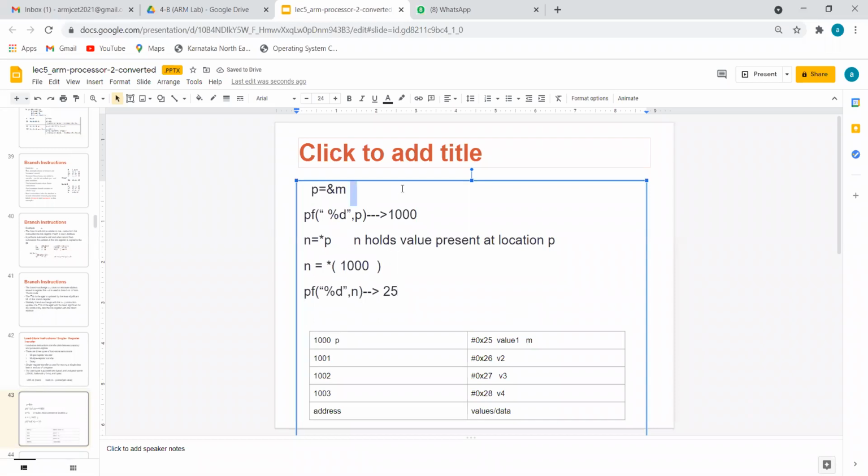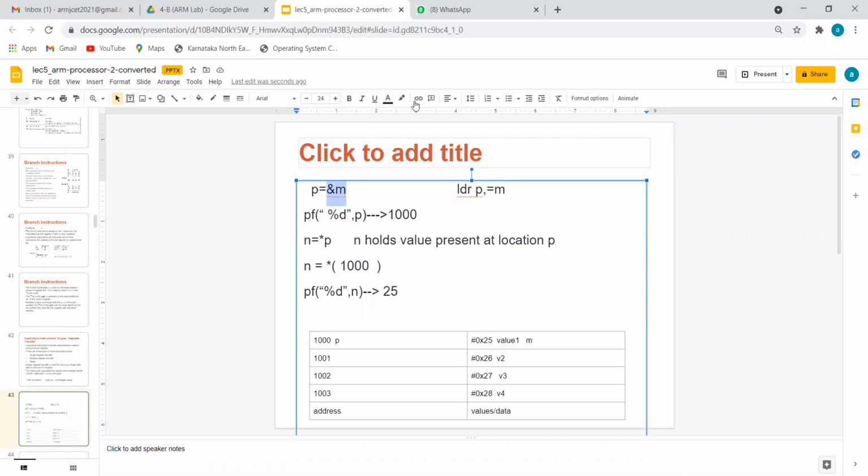So now what I will do, I will try to write the equivalent ARM instructions. LDR P comma equal to yum. So what did you understand now? Can anybody say in an oral answer? You can unmute yourself and try to explain. LDR P comma equal to yum. So in the C program, what was the work of ampersand? Fetching the address of yum. Here the equal symbol will do it. Please do remember it.